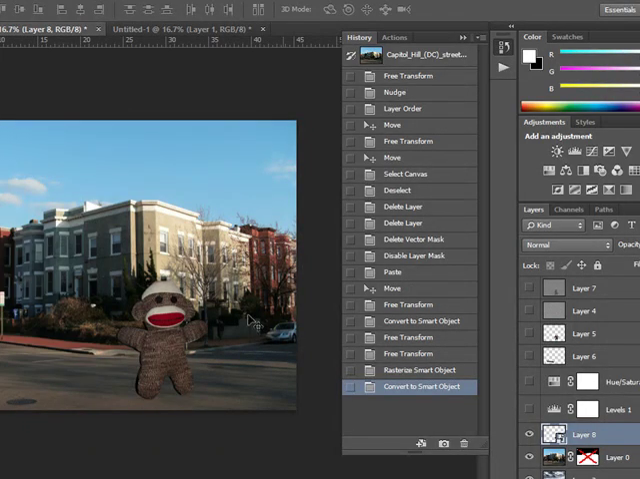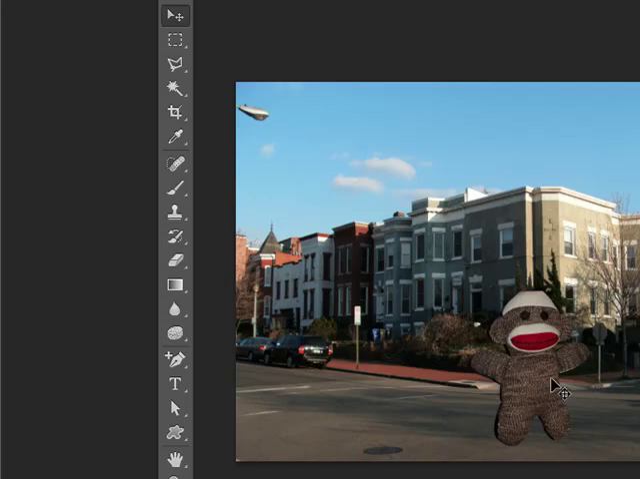Okay, so I'm going to continue on with this video, and in the next one we're going to talk about how to create a drop shadow and change out the sky and work with some of our burning tools non-destructively to make SockMonkey look like he actually belongs to the